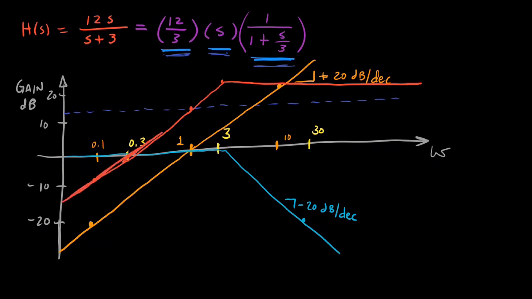So it's going to go something like this, and then it's going to flatten out, and the gain will be flat for all frequencies above that. So that's what the composite straight line gain curve is going to look like in dB for the given transfer function. And if I felt like it, I could try to go ahead and put in something that would look like